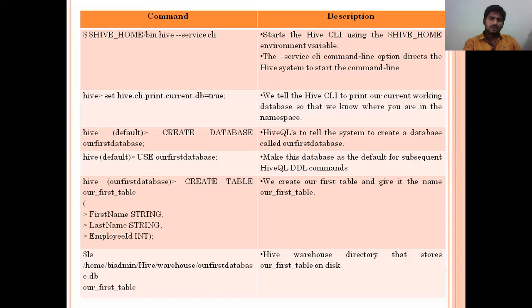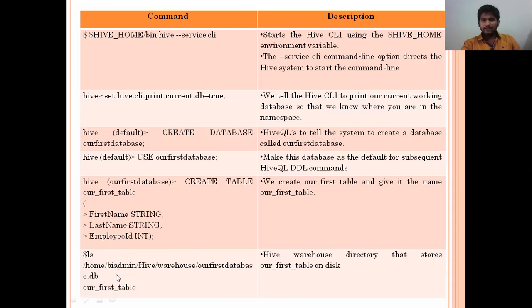Simply, we have employee ID and employee name. For name, the first name and last name are both string, and employee ID is integer. That specification we mention here. Once the table is created, we give ls to see the list. Home, our first database db